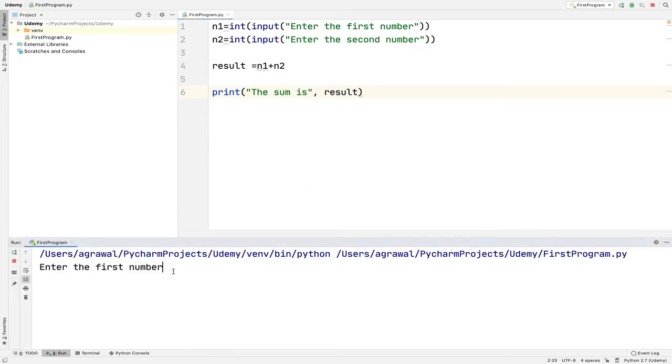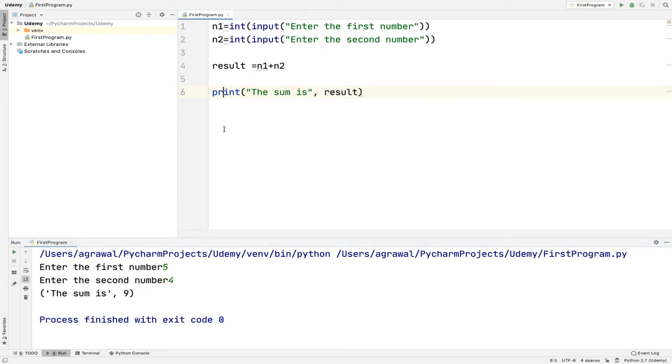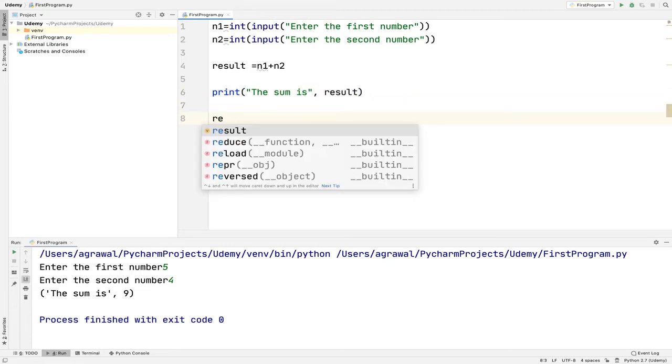Okay, enter the first number. I have entered the first number as 5, the second number as 4, so it will perform addition and the sum is 9. Now suppose I want to perform other operations as well. You can again take different inputs. I am going to perform the operation on the same inputs, so I am going to write